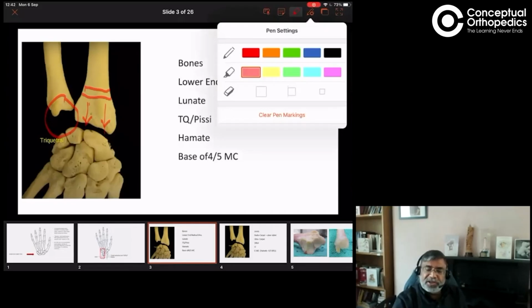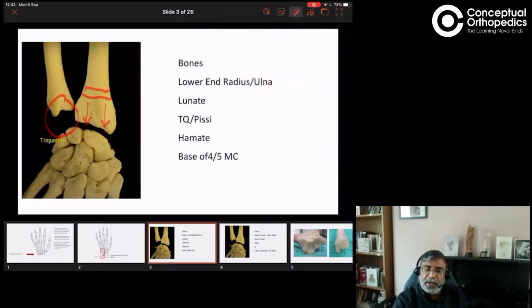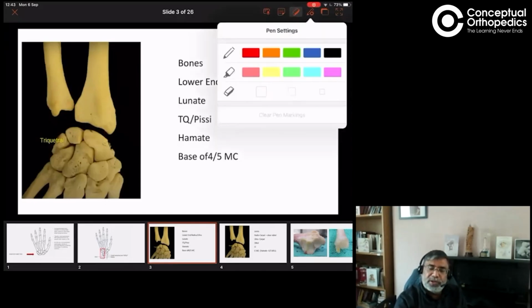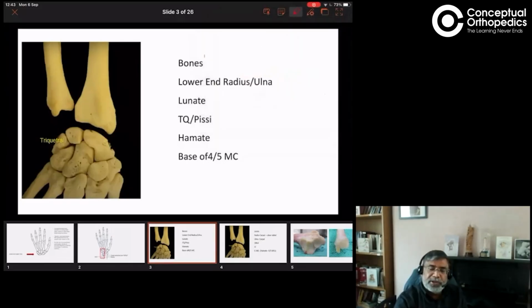So let's first understand the anatomy of the ulnar side of the wrist, so that we can make a good differential diagnosis. So we start with the bones on the ulnar side of the wrist. What are we talking about? We're talking about the lower end of the radius, the lower end of the ulna,